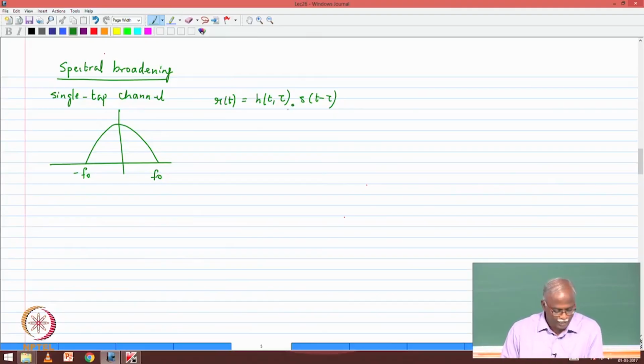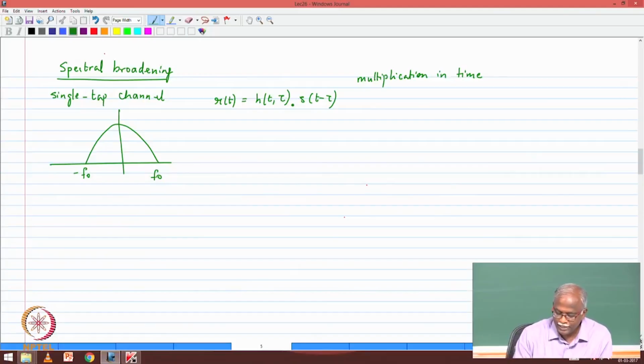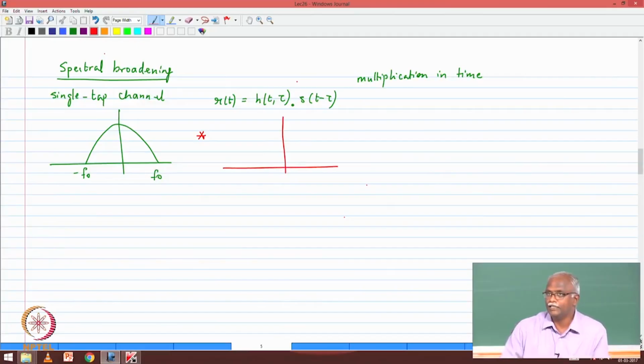Notice that this is a multiplicative process. This is where I think there may have been some confusion. So, I am doing multiplication in time. If I were to try to interpret this in the frequency domain, I would have to do convolution of the spectra. Multiplication in time corresponds to convolution in frequency. So, therefore, the frequency domain interpretation says convolve this with the spectrum of the channel response, and again